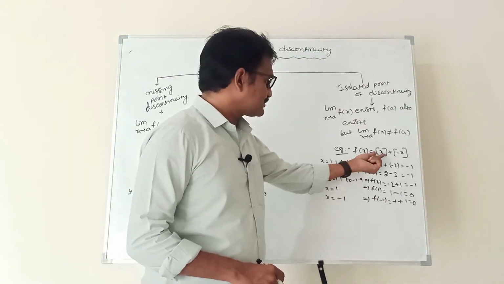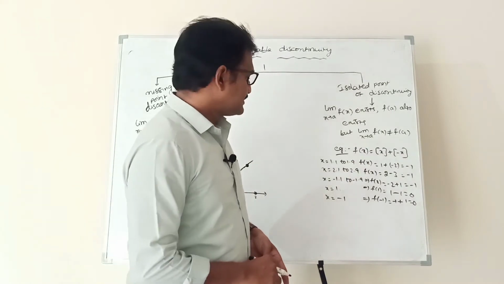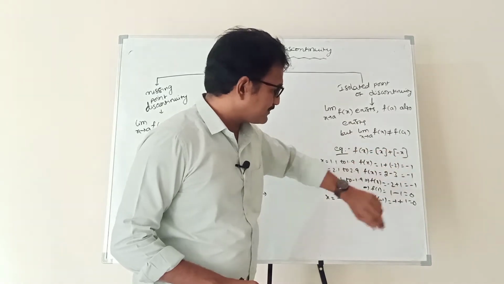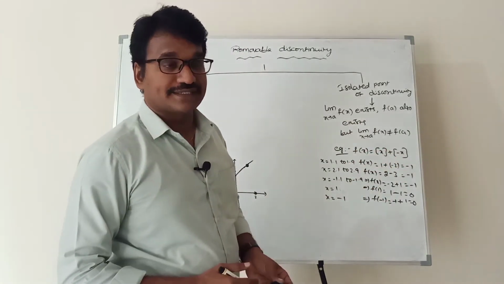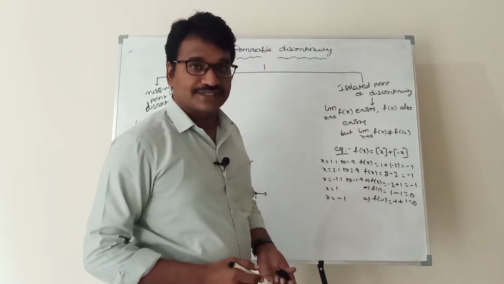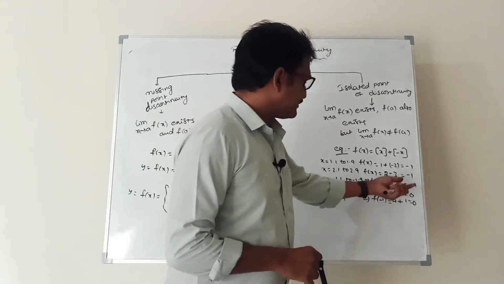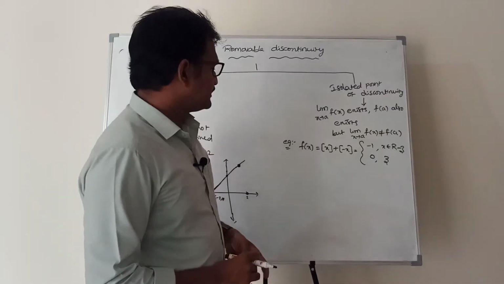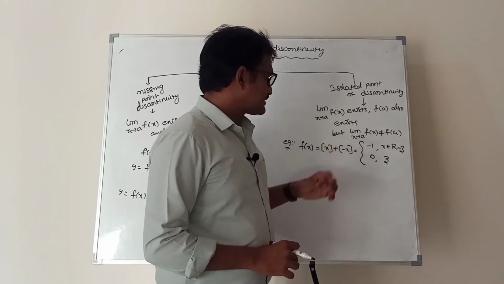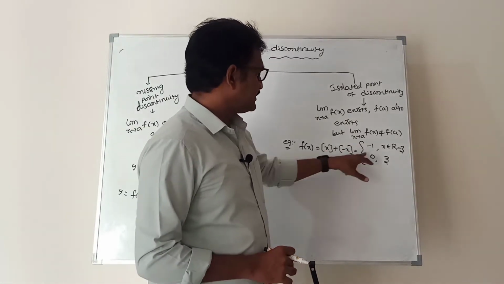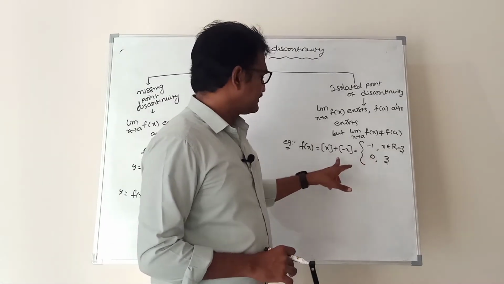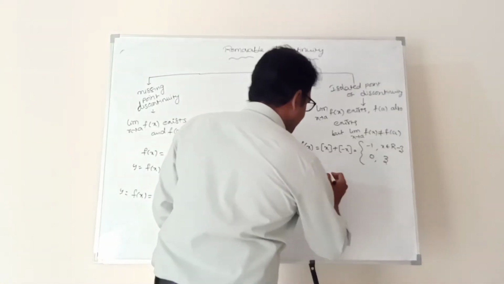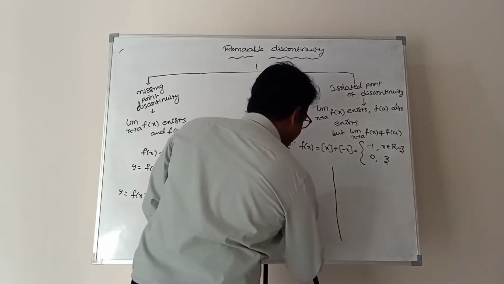If I give x = 2, step of 2 plus step of -2 is 0. So what is the value of step x + step of -x? It is always -1 except at integers. So f(x) = step x + step of -x: at every integer you are getting 0, and at every non-integer you are getting -1. That means this is the shape of the graph.